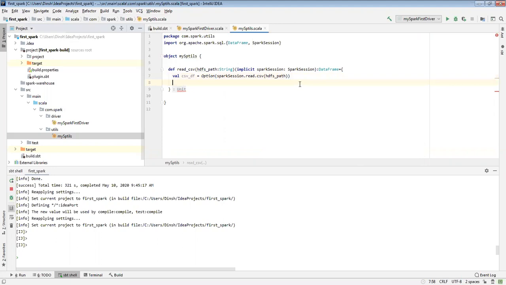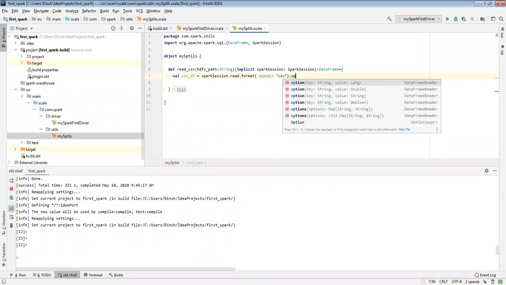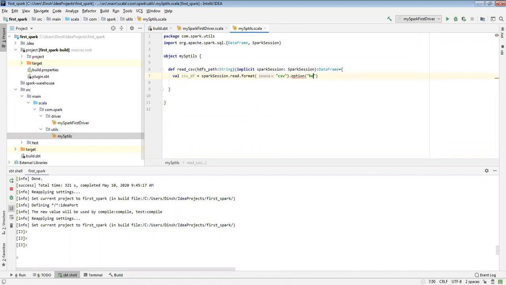One minute, sorry. So we have two different ways. Inside we want to pass the header also. Format also I can give. There are too many different methods to create a data frame from CSV. Okay, this is also possible. Because I want to pass option header. I'll tell you what is the purpose for this option. Option schema.